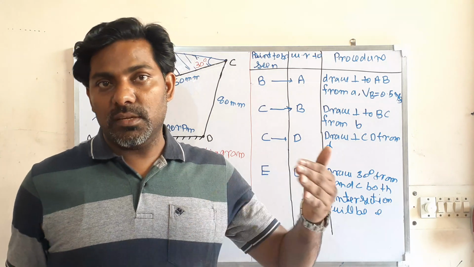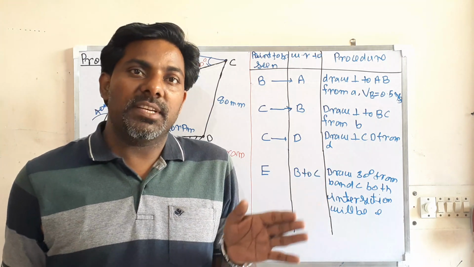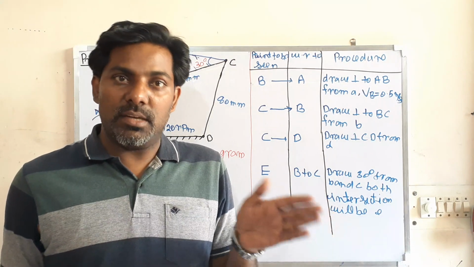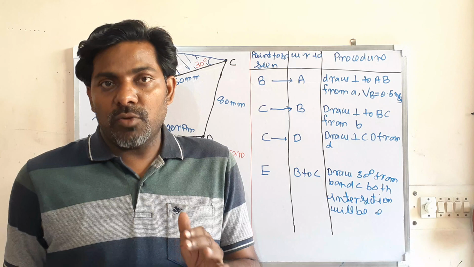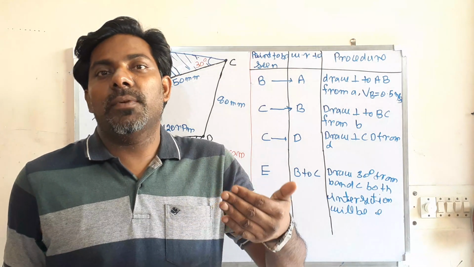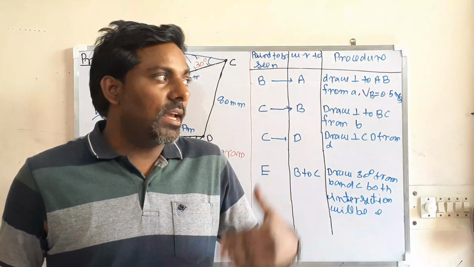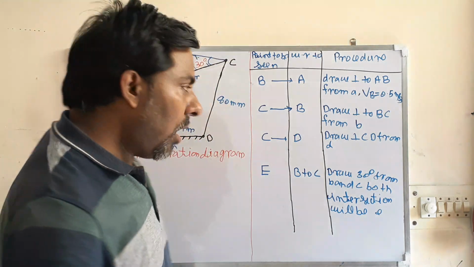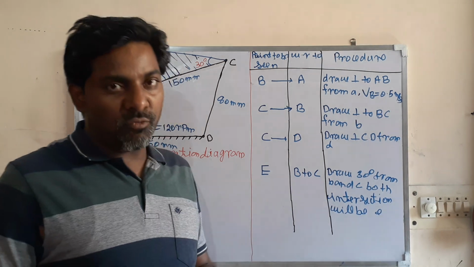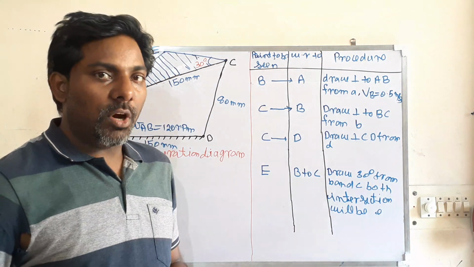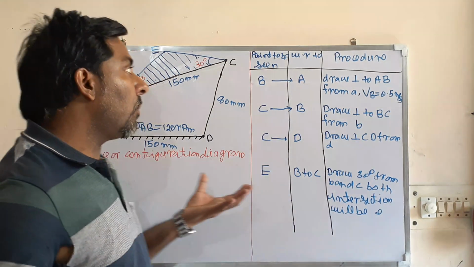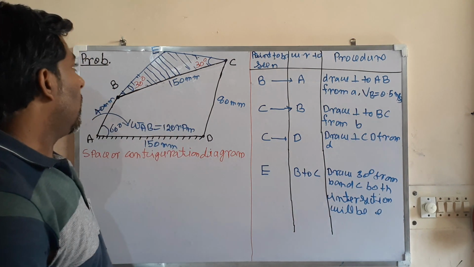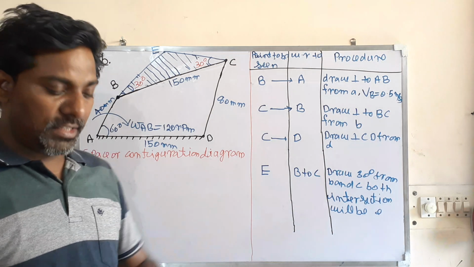In the previous lecture, I have covered the basic fundamental idea regarding the relative velocity method for the analysis of mechanism, and also I have discussed the velocity of a link, how to draw the velocity diagram of a link. So now I want to see what are the common steps to draw the velocity diagram and solve the problem on the velocity of the mechanism. We are dealing with the relative velocity method.